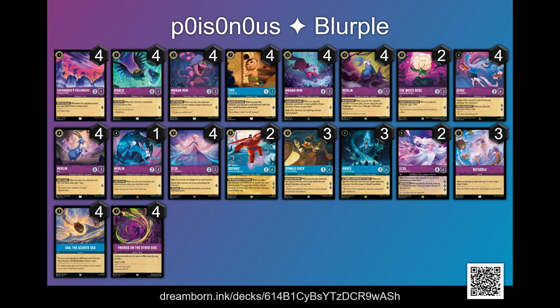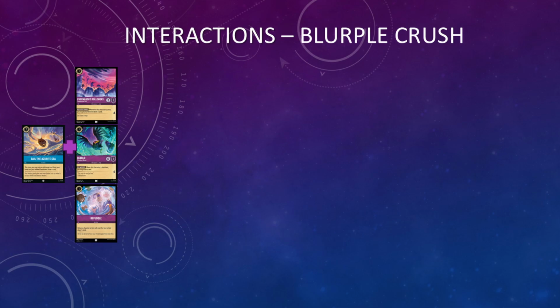So let's take a look at some of the important interactions of this deck. The first interaction that I want to highlight is with Sail the Azurite Sea. This is an awesome turn 2 play because it lets you ramp an additional card, you draw a card, and the ink that you get is not exerted, which is the most important part because it lets you play another